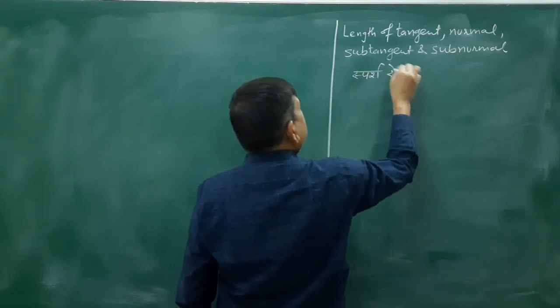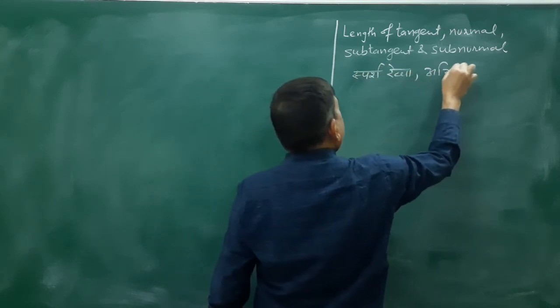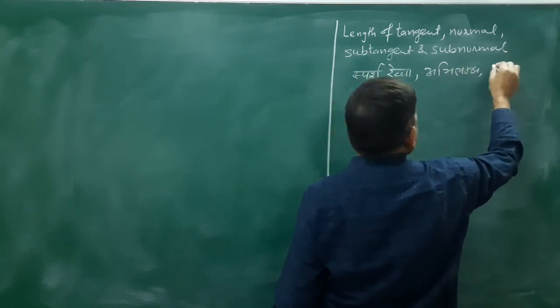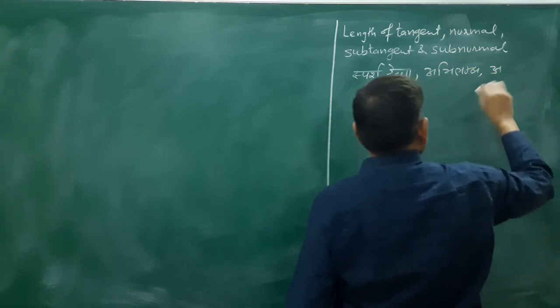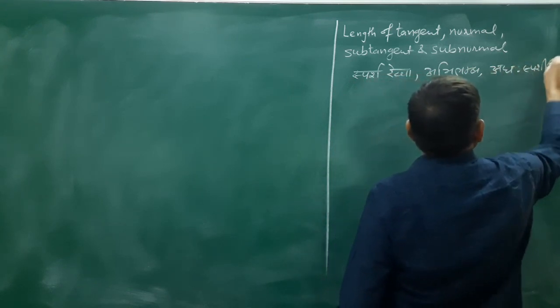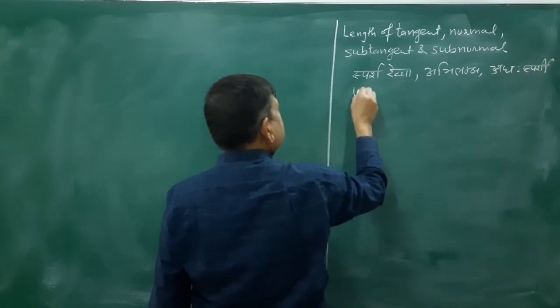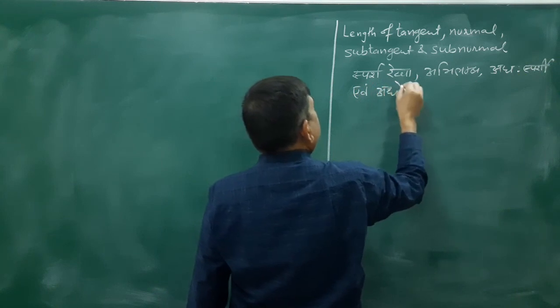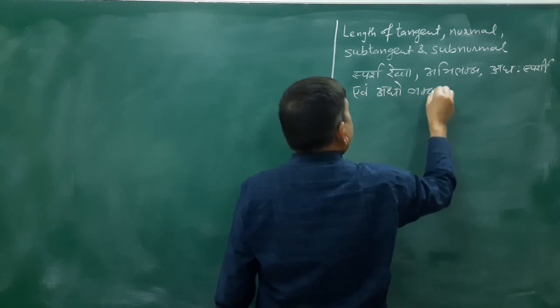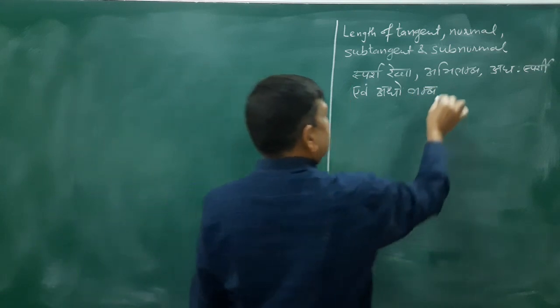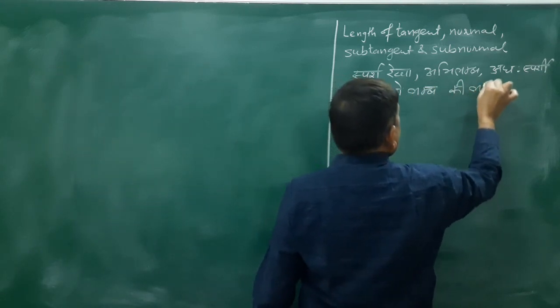स्पर्श रेखा, अभिलंब, अधस्पर्शी और अधोलंब। हिंदी में स्पर्श रेखा, अभिलंब, अधस्पर्शी एवं अधोलंब की लंबाई।